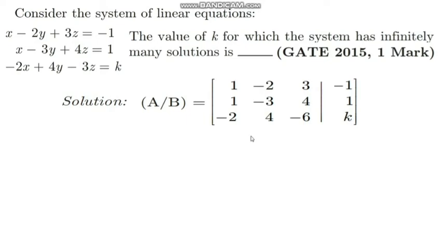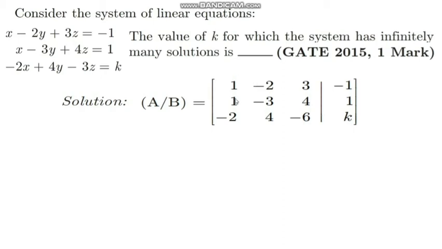First of all, you can reduce this augmented matrix into echelon form. Echelon matrix is nothing but one that looks like an upper triangular matrix. Using elementary row transformations, you can reduce it into an upper triangular matrix. Check whether this matrix has a zero row or not. There are no zero rows. Is the first non-zero element in any non-zero row unity or not? Yes, it is unity.